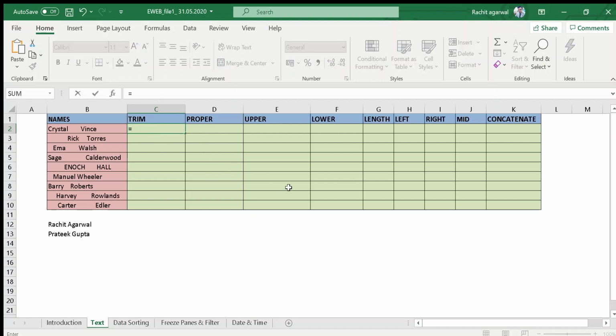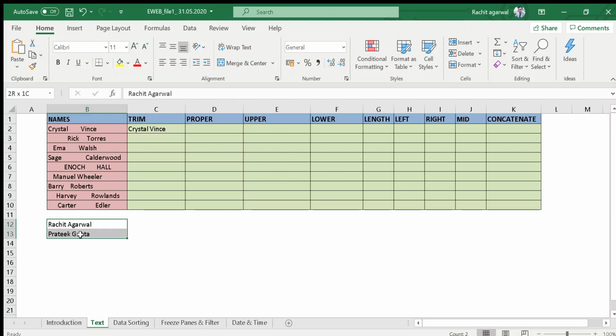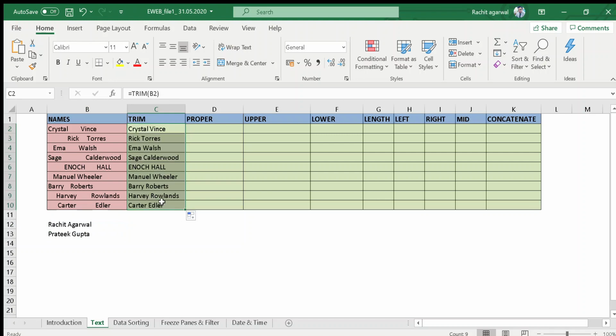So I type equals, then trim, bracket start, select the cell on which you want to apply the formula, bracket close, and enter. Now you may see the name is in proper form, like this, Crystal Wins. If I drag the formula till the end, I have got all the names in the proper sequence.